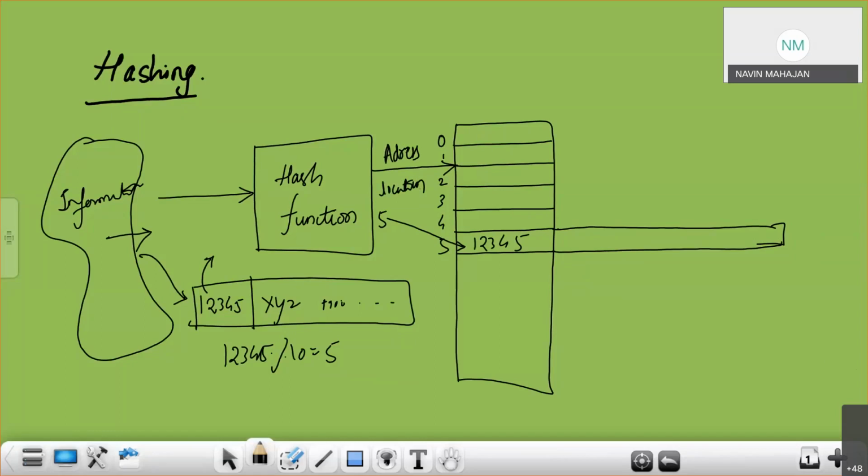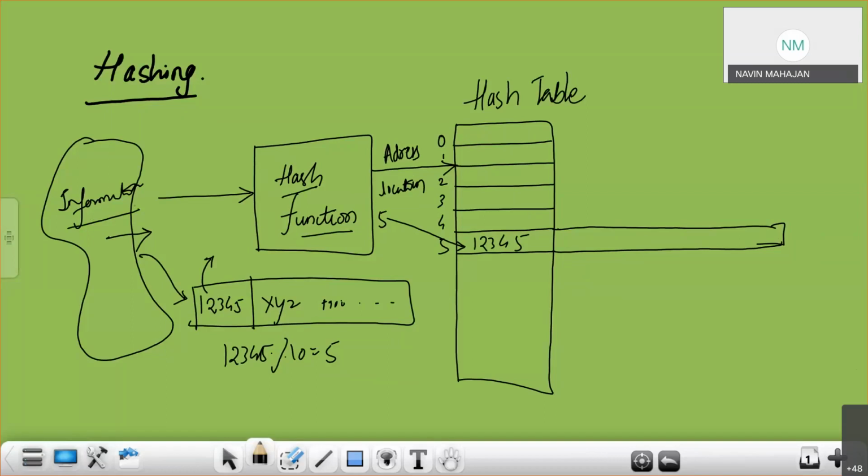So what is this called? The output is called the hash table. This is the hash function. These are the keys, the large amount of information you want to store.